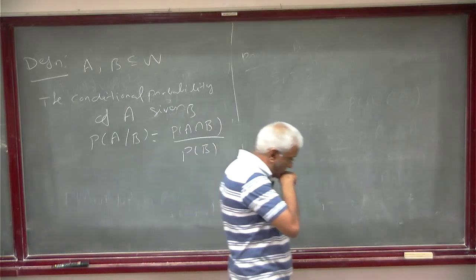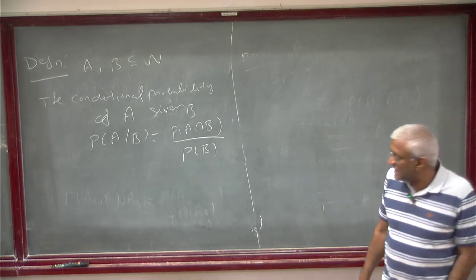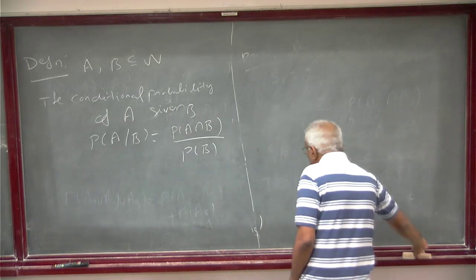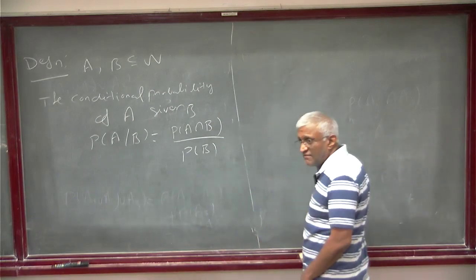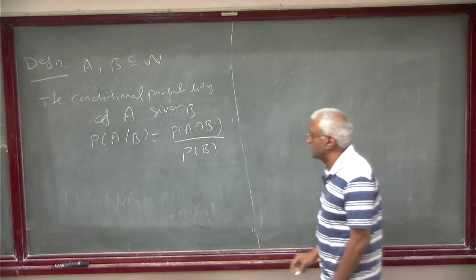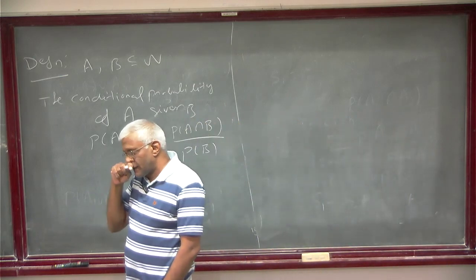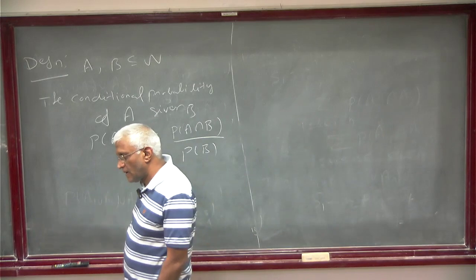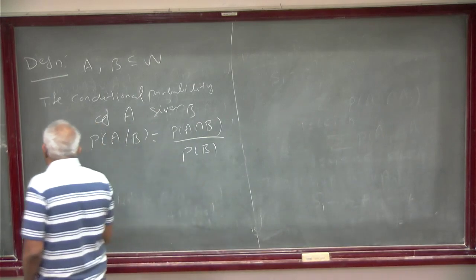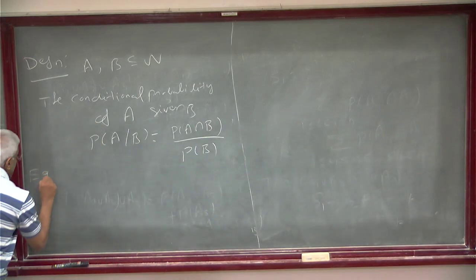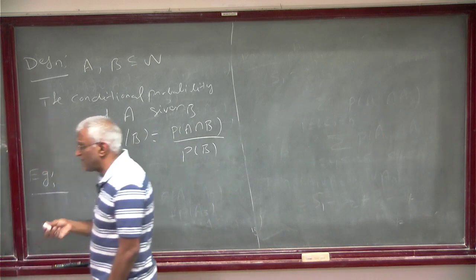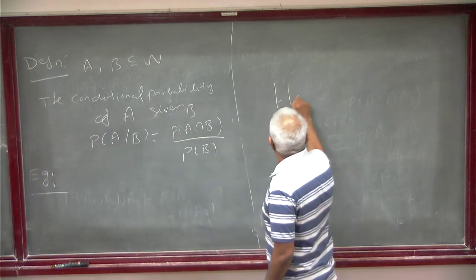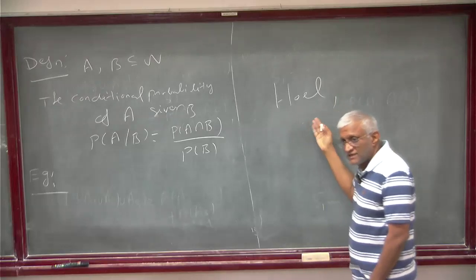So this is the definition of conditional probability. Shall I give an example? I will not calculate everything. I will just give an example and then let's just do that. This is more or less the same. I'm following this book. I'm not exactly following this book, but this is our reference.